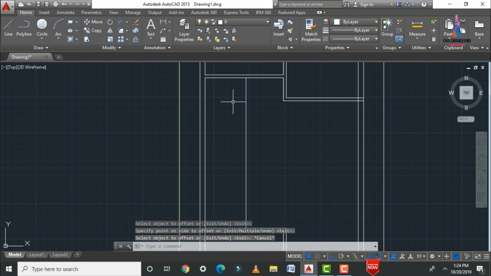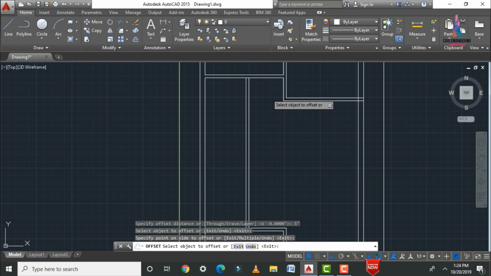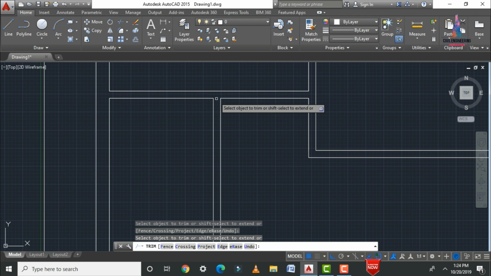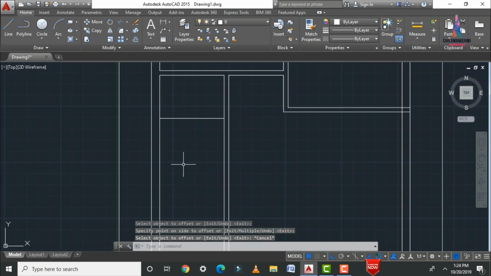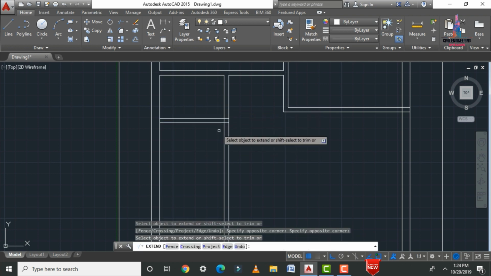So again I am taking one more offset, O enter, which is related to 5 inches distance for the inner wall section here like this. Now we have to trim the excess of the portion, apply TR double enter. Now I am selecting offset here, which is related to 4 feet, let us consider it as 0 inches. So in the vertical direction, I am applying the offset here. So you can apply the offset in the same way for the inner wall section. So just I am selecting offset here. Again we have to apply the extend EX double enter, we have to extend these lines.